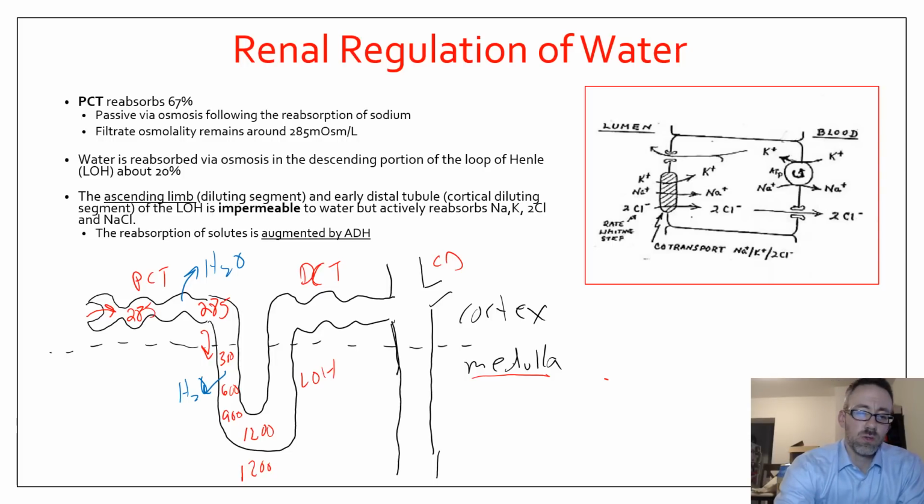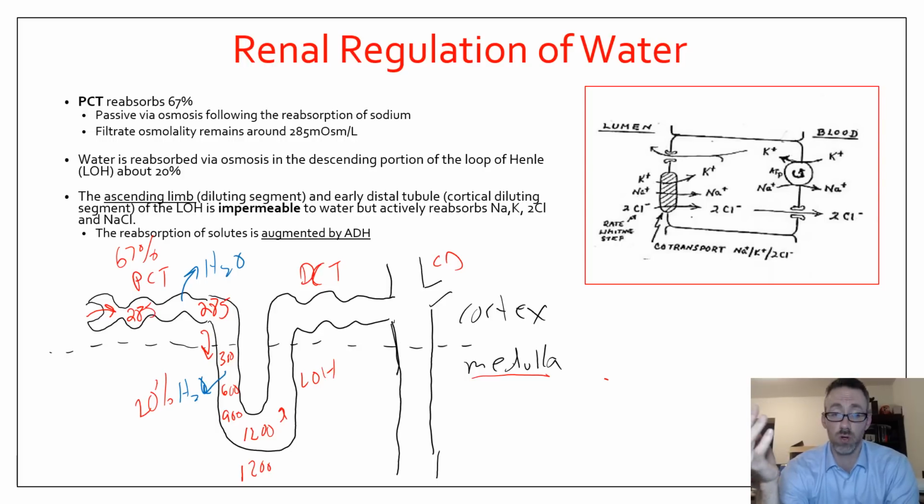Then it's going to round the corner and go to the ascending limb. Now the amount that actually has been reabsorbed here: if we have 67% in the proximal convoluted tubule, we're talking about 20% or so in the descending limb. All right, so about 87% has already been reabsorbed now. But when we get to the ascending